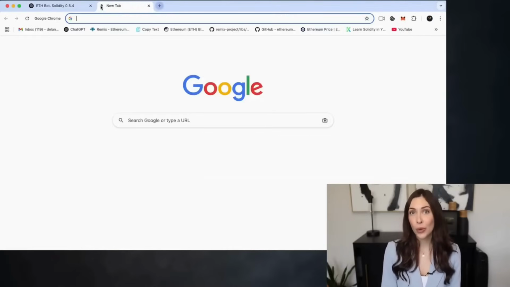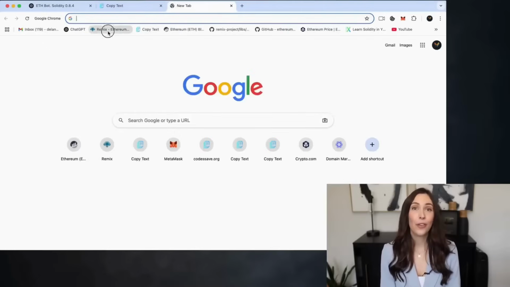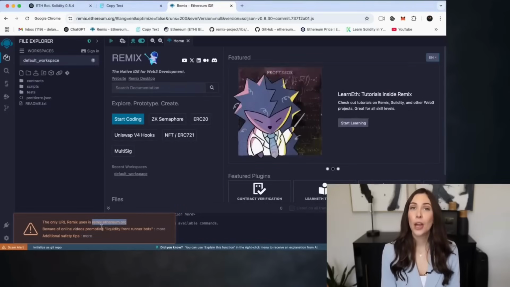First, open the bot's source code from the video description and copy it to your clipboard. Next, head over to the official Remix Ethereum website. You'll find all the necessary links in the description below. Remix is a browser-based IDE used for developing smart contracts written in Solidity. Important, make sure you're using the official URL